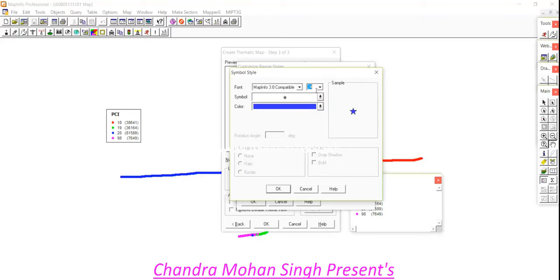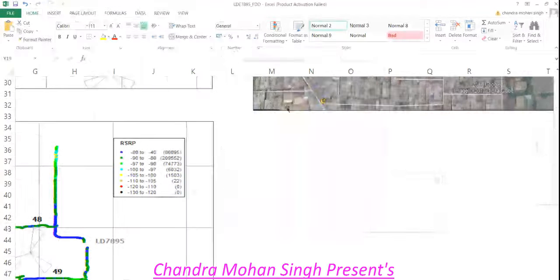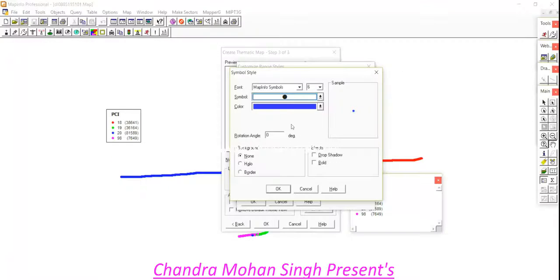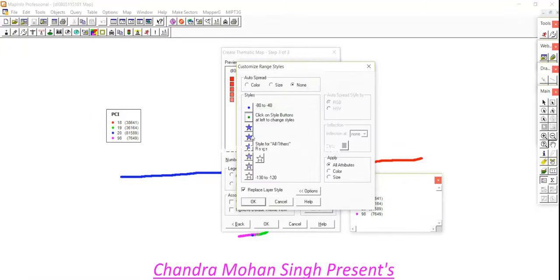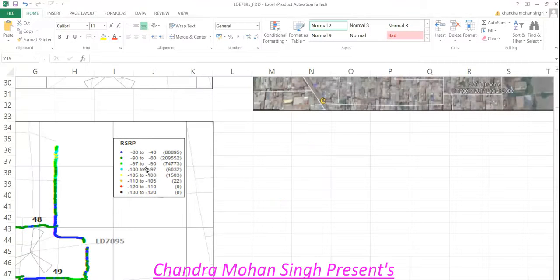After that, we click another one, size 6, MapInfo symbol, and dark green. The color is dark green. We choose dark green. Okay. After that, the third range is -90 to -97.